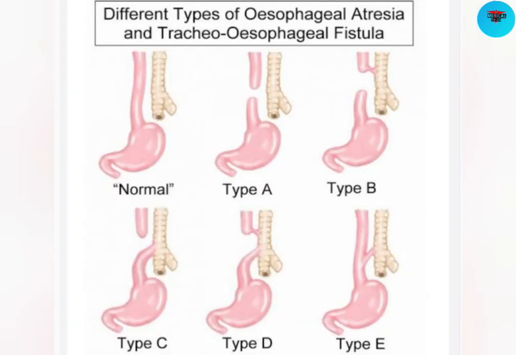Okay, now we will see the different types of tracheoesophageal fistulas. There are basically 6 types of tracheoesophageal fistulas. First, in this picture you can see that the normal trachea and esophagus are formed from the foregut tube. So there is no connection between them and both are patent. In type 1 or type A, the trachea is normal, but the esophageal tubes are separated, proximal and distal, and there is a proximal atresia and a distal atresia also.